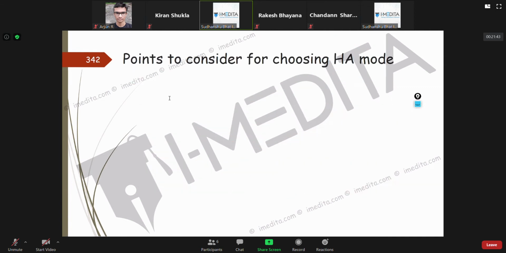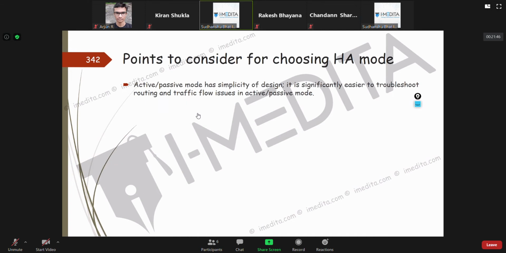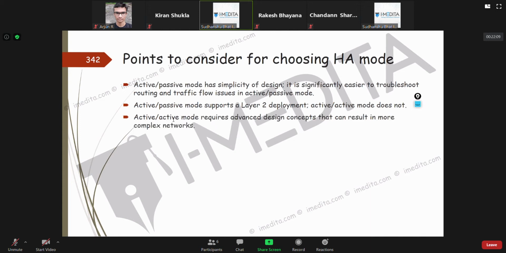Now the question comes, which mode should you use? If you are looking for a simple design and you are new to Palo Alto, choose active-passive. It's easier to troubleshoot. And if you want layer 2 interface deployments, obviously active-active does not make any sense, because it does not support it.